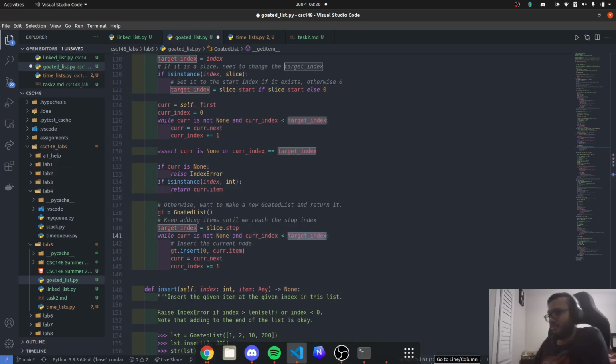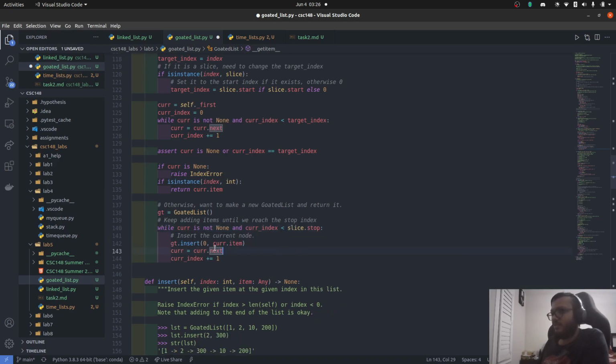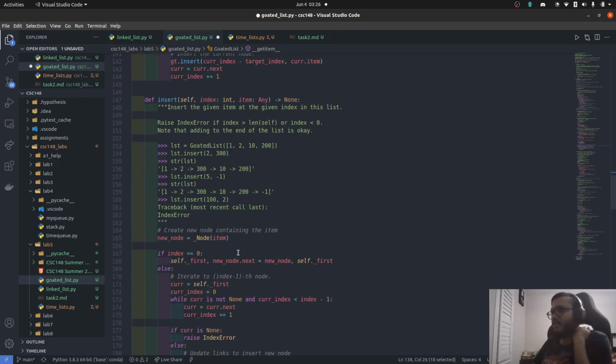So maybe I should just keep this like a stop, just to not confuse people. And then here it can be cur index minus target index. And then this is going to start off with 0, and then I'll go to 1, 2, 3, and then that way we can insert stuff into this always at the end